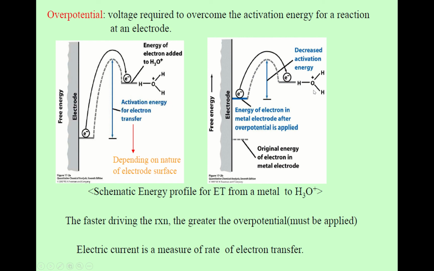Understand? So like in general chemistry, in electrochemical reactions also, electrons must overcome some kind of energy called overpotential for the reaction to take place. All right,